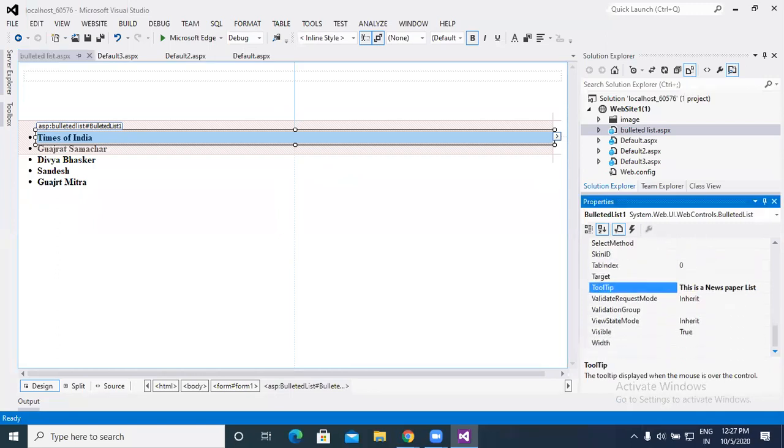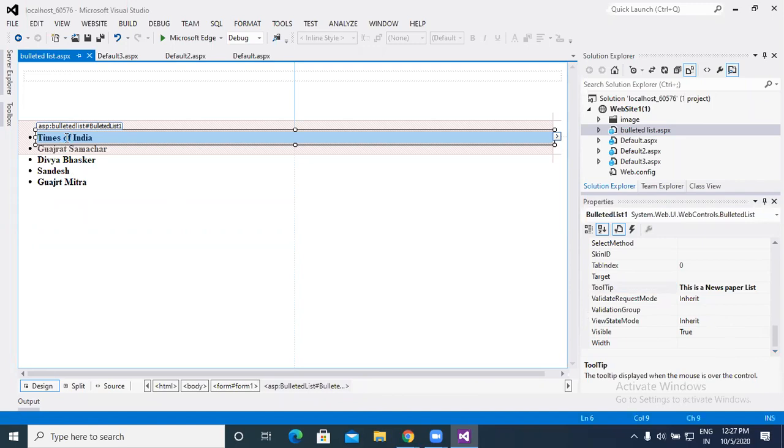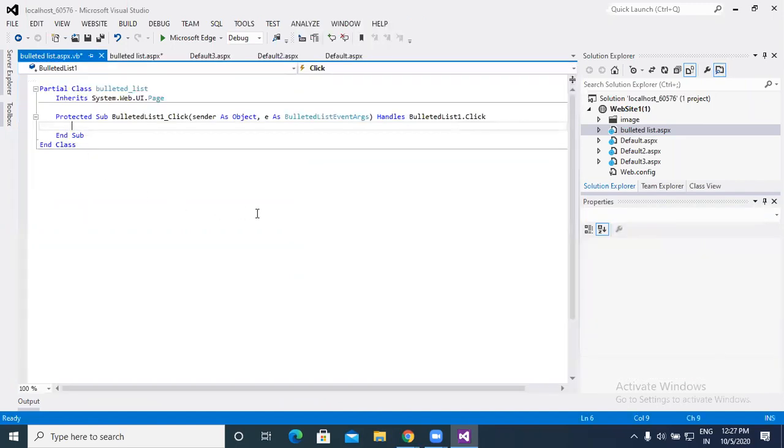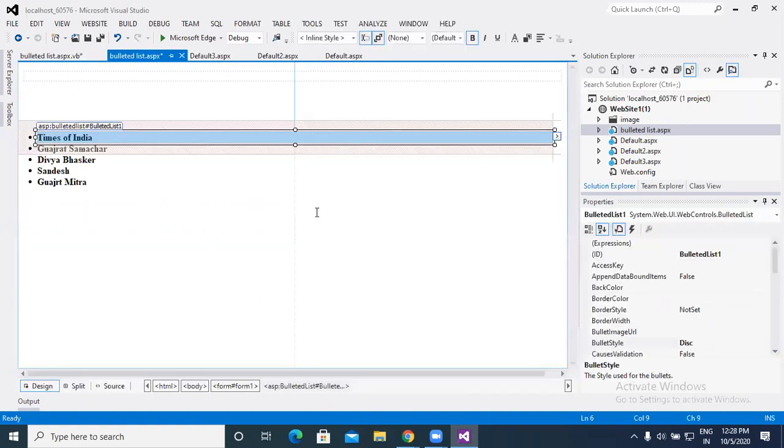Runtime, validation, visible, we can apply with the help of these tools. And basically by default, there is the click event. At runtime, we can click on it and it transfers, jumping as navigation from one page to another page, as with the link button as well as the hyperlink. Otherwise, if you wish to display a list, then we can use the text.